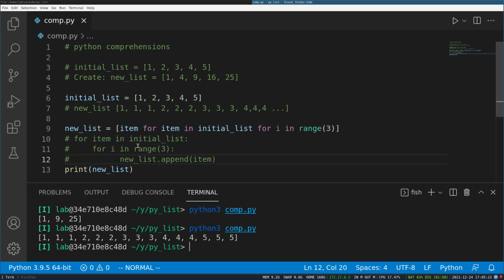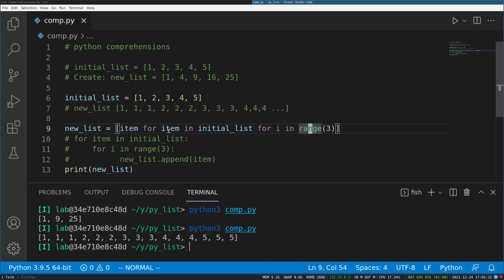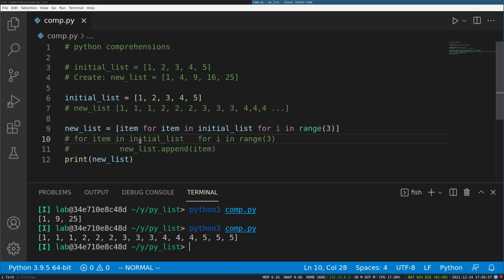And if you compare it with our list comprehension, I have for item in initial list, and then I have for i in range 3. So this is the main thing, remembering the sequence of the for loop. It will be exactly the same as you would write without a list comprehension. Sometimes you will be confused that this for loop should come before the original first loop, but that's not the case. Just think about what you would have done if there was not any list comprehension. Then remove the colons and just attach them together.